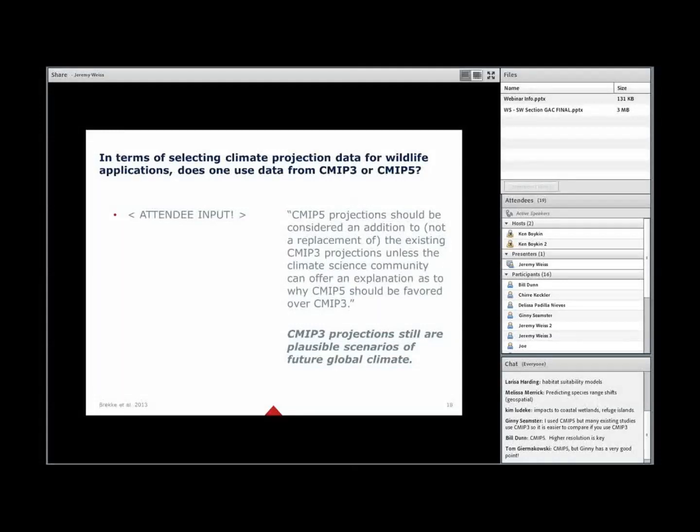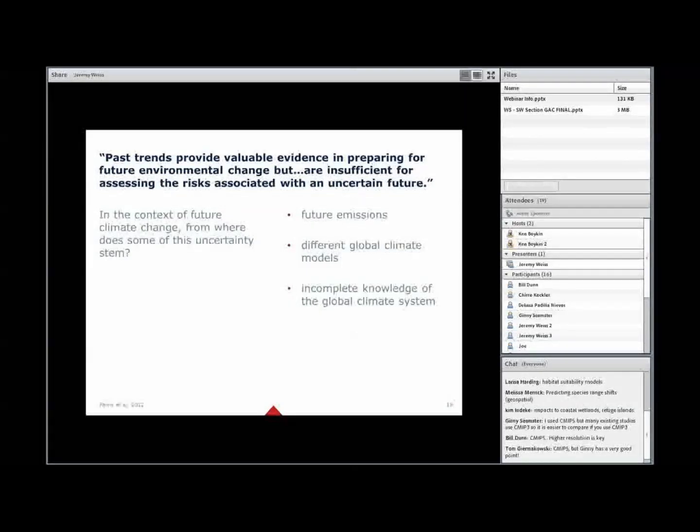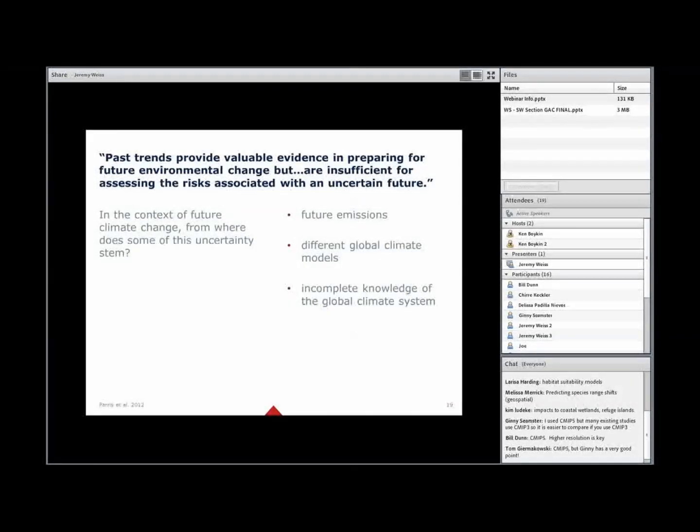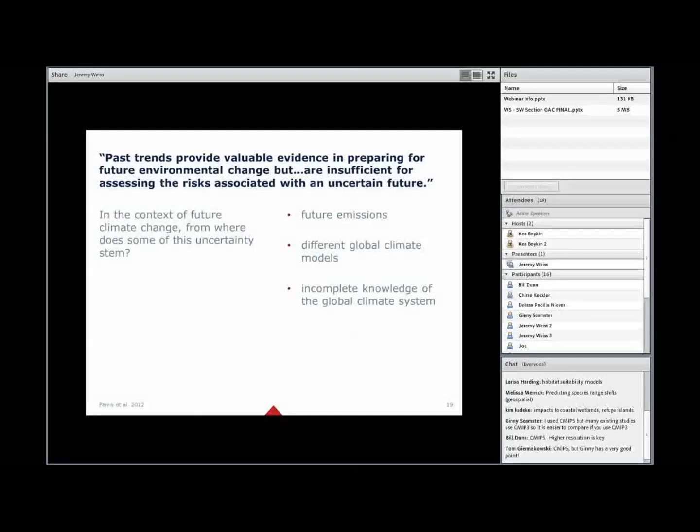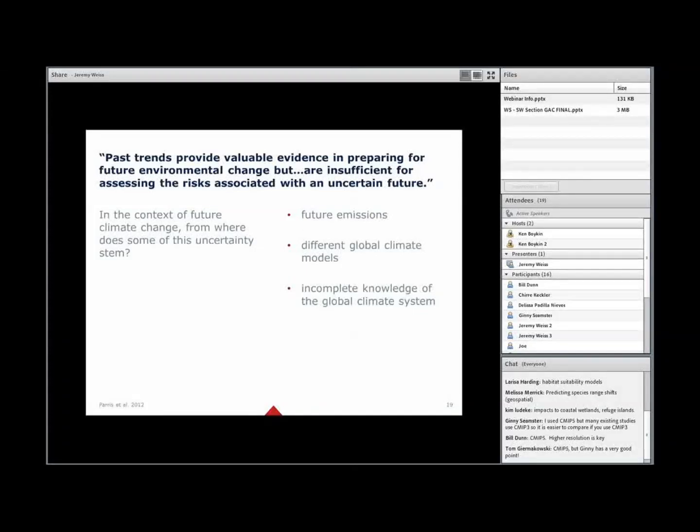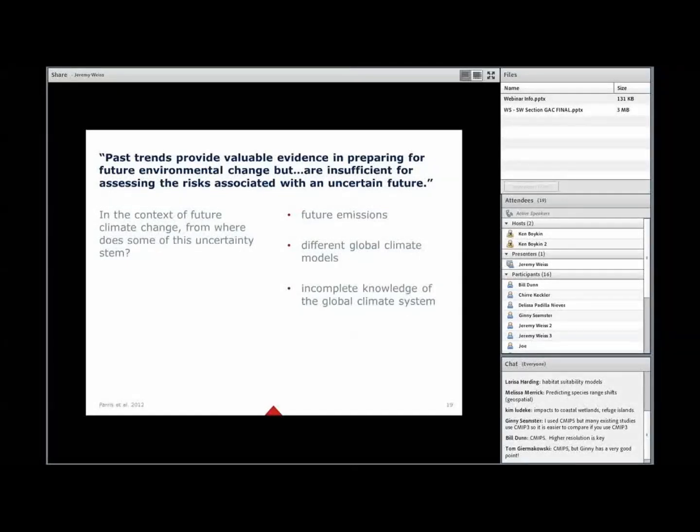And in the context of future climate change, where is some of this uncertainty coming from? Some of it's coming from how we deal with or don't deal with current and future rates of emissions of greenhouse gases. Some of the uncertainty comes from a large variety, as we now know, of different global climate models. And some of it as well stems from some of our incomplete knowledge of the global climate system. We know a tremendous amount, there's no doubt about that, but there are still some things we're working on trying to really get a good handle on.